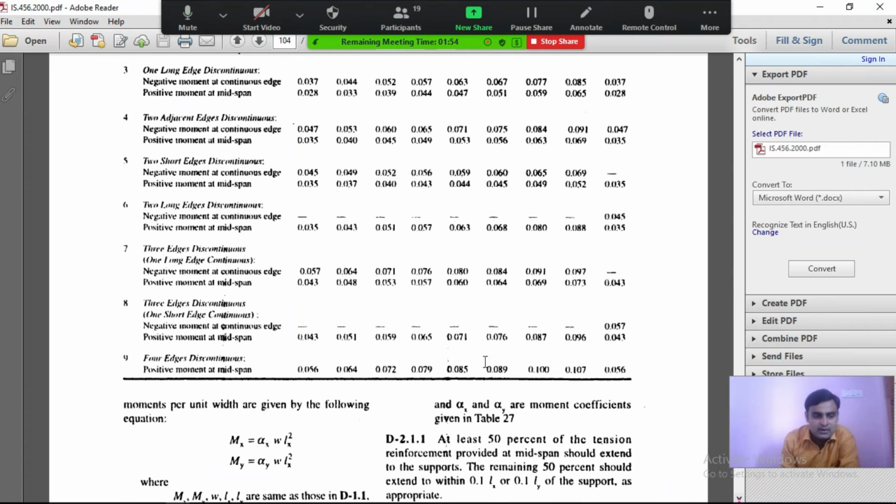If nothing is given, then assume this case. If nothing is given. Okay. So for four edges discontinuous, you can assume this. And you know that we have just taken the values in our problem now from these two coefficients only. Okay, and this is the value of our alpha 1 in the problem.